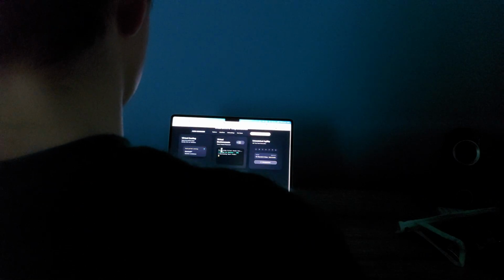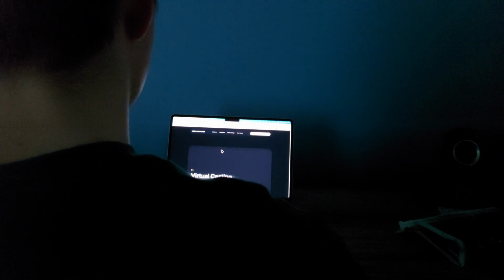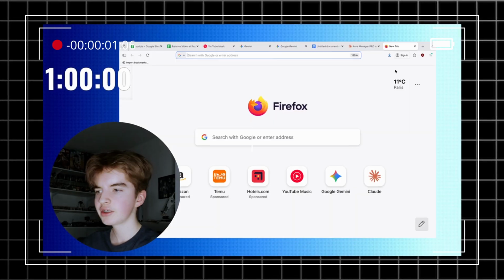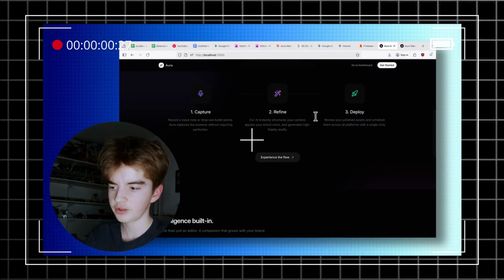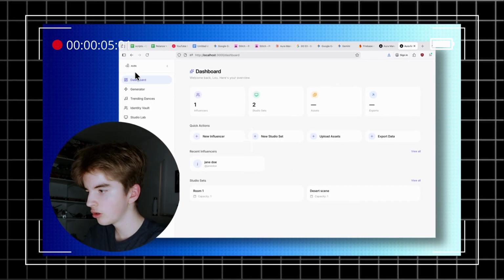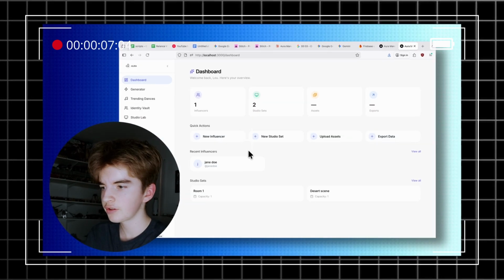Week 1 was actually the most satisfying. I had a clear vision, or at least I thought I did. I built the base of the app in 1 hour, the dashboard, the core structure, the main flow. It worked, it looked clean, I was ahead of schedule. Then week 2 happened.